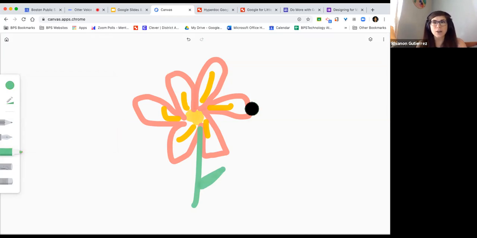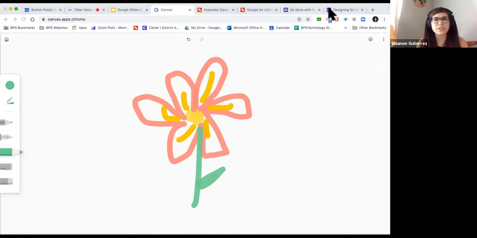And when you're done with your particular drawing, it makes it super easy for you to save it. Now you may not be able to see it on my screen because it's super tiny, but in the top right corner, there are 3 dots. If I click on those 3 dots, I can save it as an image. And then once it's saved as an image, I can place it in anything I want from that point on.